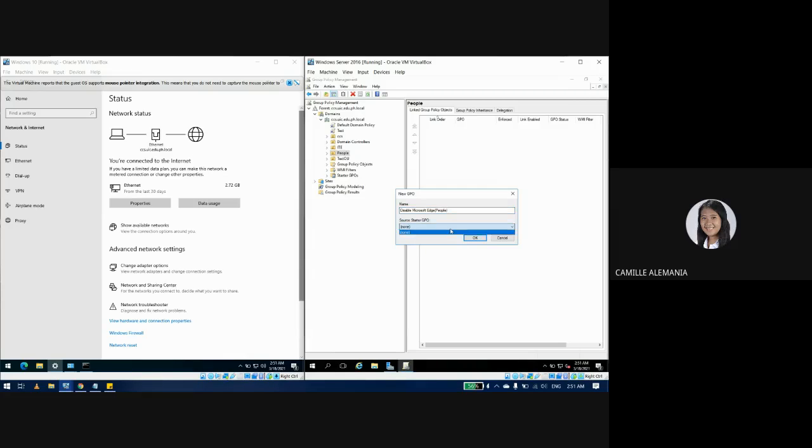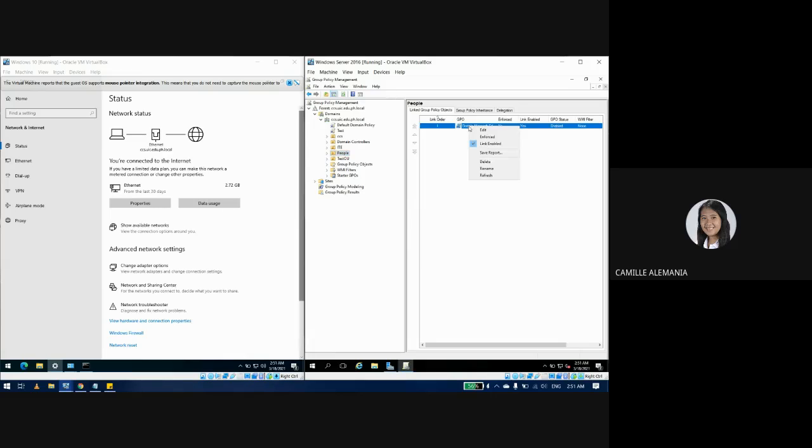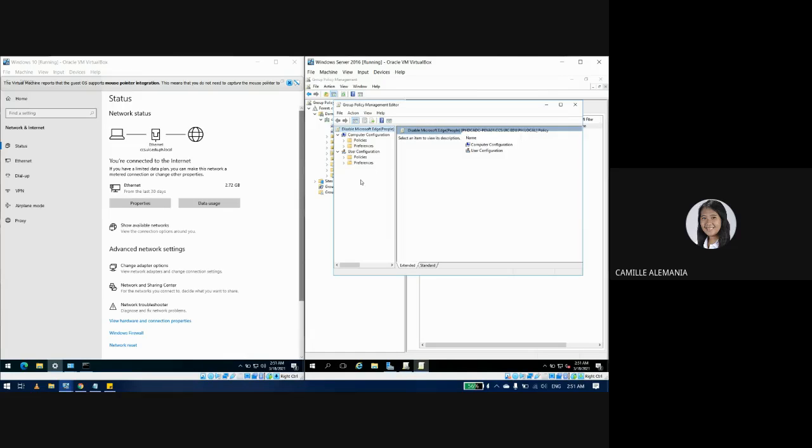Then click OK. Sige na, diretso na. Okay. Now add setting to the GPO. Right click on the newly created GPO. Then click edit. Then user configuration,